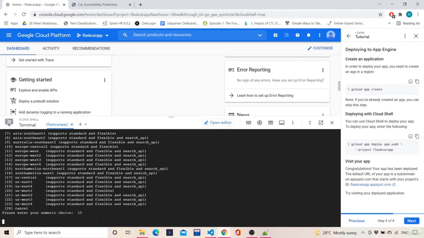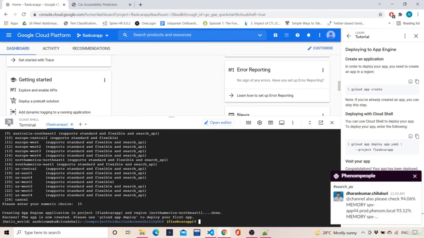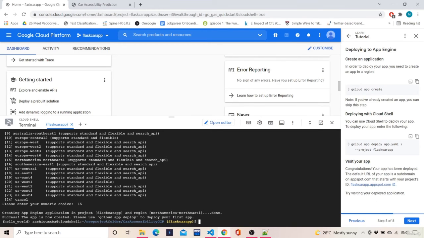This will create the application, as you can see, creating App Engine application in project. Now they are saying your setup is done, and to use gcloud app deploy to deploy your first app.